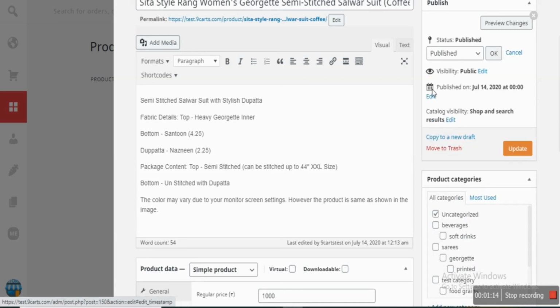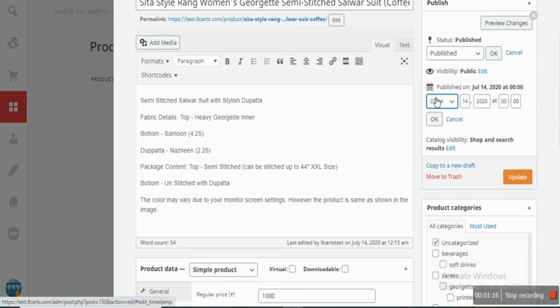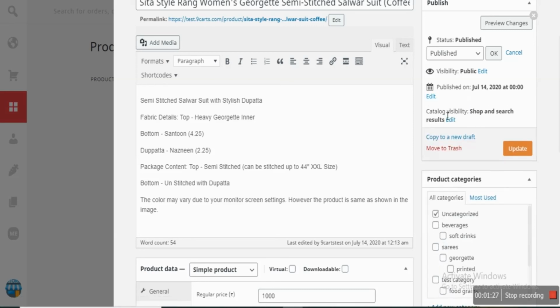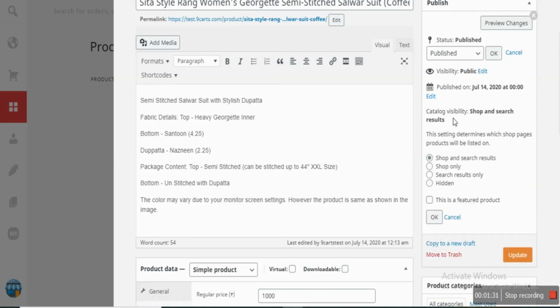Okay, now we have a choice that we can publish a product on a particular date. This is applicable for future launches of a product, so you can select the date, time when it has to be published. Okay, next is the catalog visibility. Now the product can be visible to all the people or few people, so this setting is done over here.